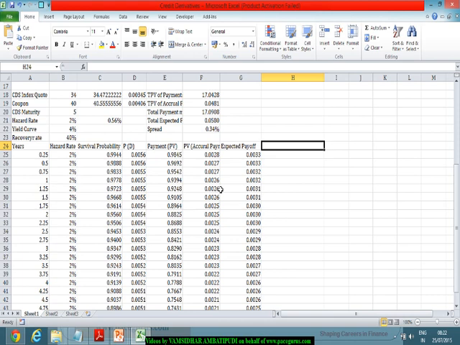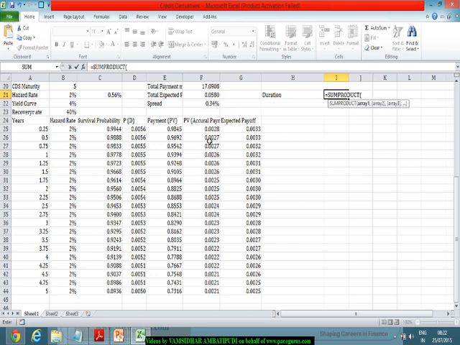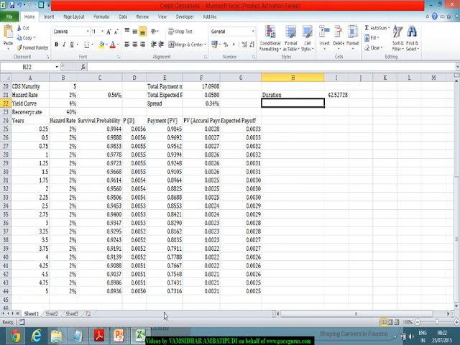Now I know at different points what are the kind of payments that I am typically making. These are the present value of the payments that I am making. So based on this I can very well find out the duration as well. If I am trying to find out the duration, it's nothing but the present values of all the payments that are being made multiplied by the time period. So I can very well do the sum product of the present values as well as the time period, giving me, okay,